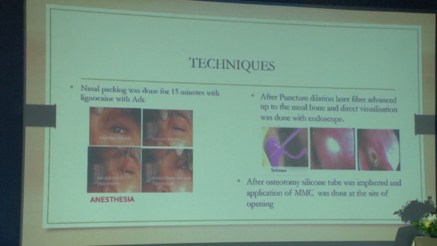If you pierce the mucosa, the laser probe should not touch the septum, otherwise it leads to burns and later fibrosis. After the osteotomy, a bicanalicular silicone tube is implanted and secured, and mitomycin C is applied to prevent further fibrosis. Keep in mind that the tube should be removed after 4 weeks. Don't leave the tube longer than that, otherwise it sometimes leads to canalicular injury,